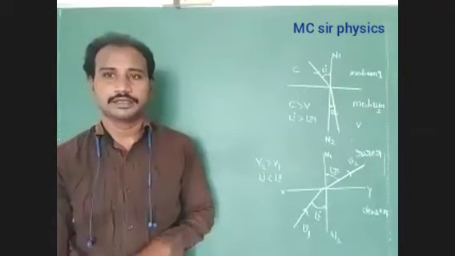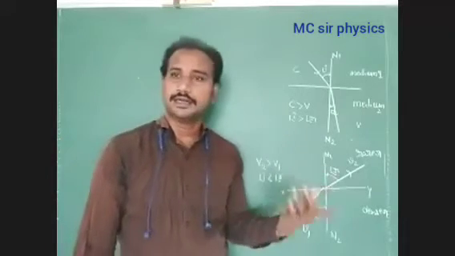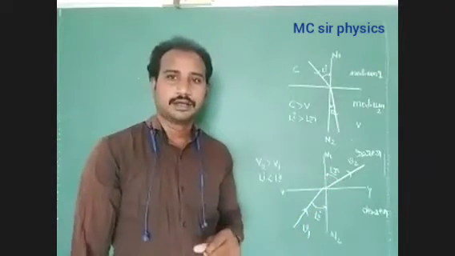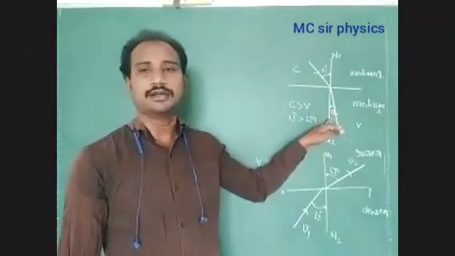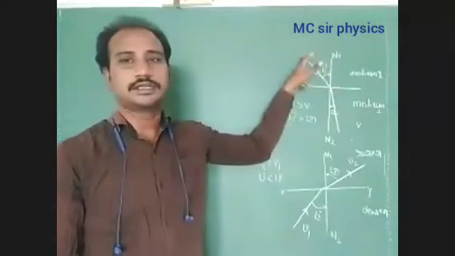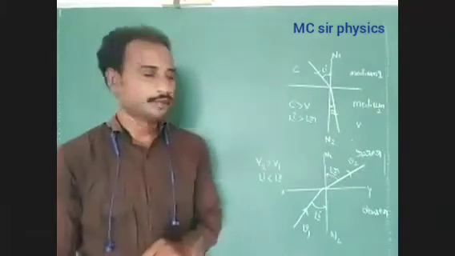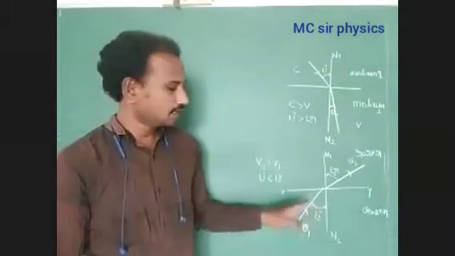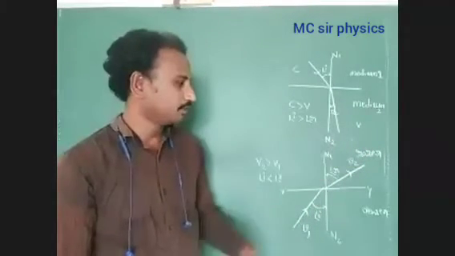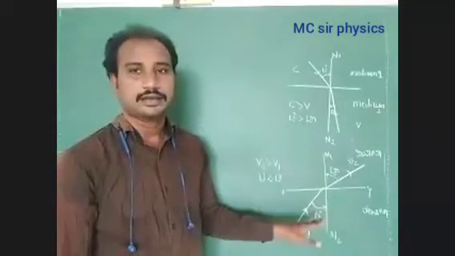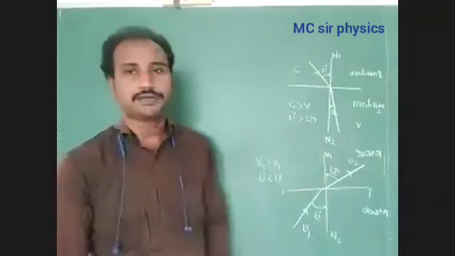First law of refraction: if a ray of light is traveling from one optical medium to another optical medium, then its direction changes. It is called the first law of refraction. In the first condition, the direction of the incident ray is from the rarer optical medium to the denser optical medium. In the second condition, the direction of the light ray is from the denser optical medium to the rarer optical medium. Then we identify that the angle of incidence is always more than the angle of refraction. These points are very, very important.